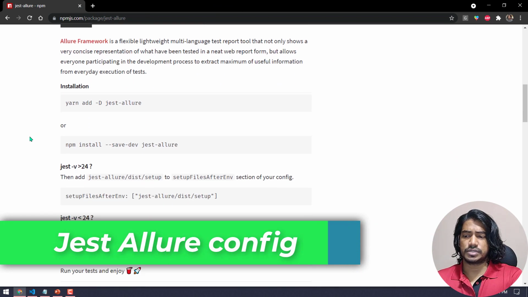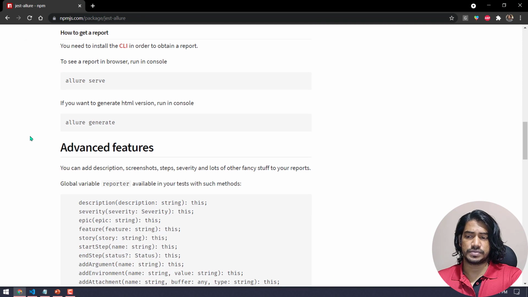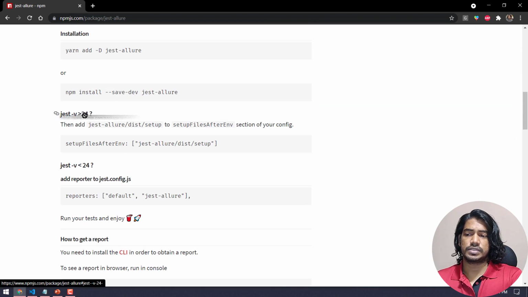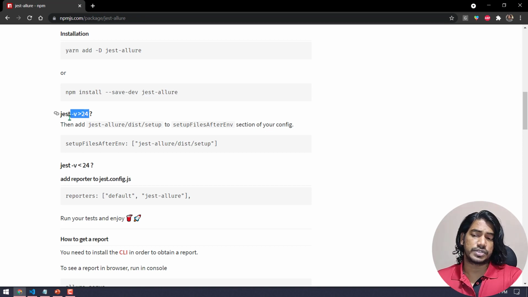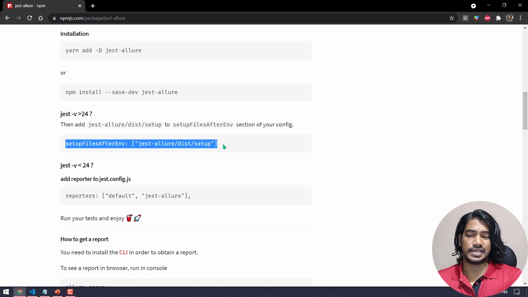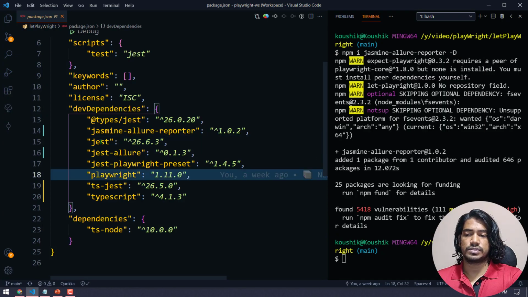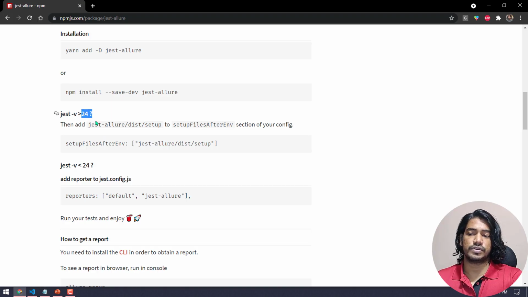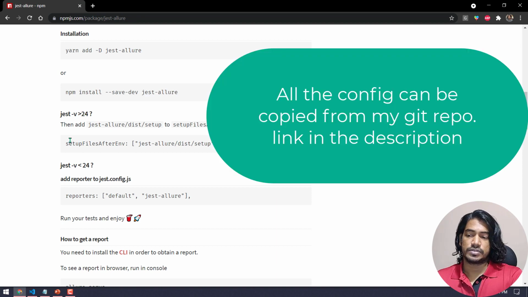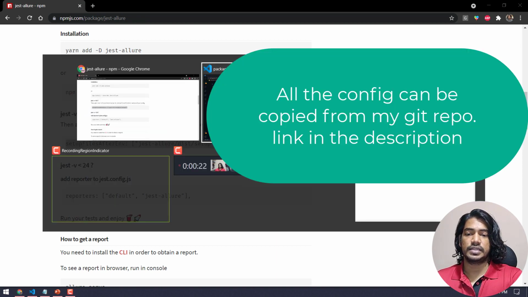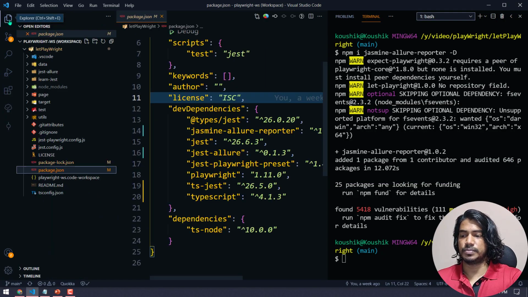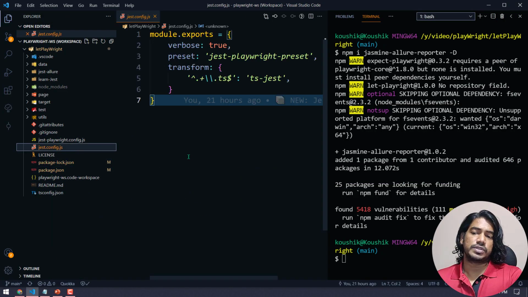There is not much code here. We just have to do some configuration. Okay, so first of all, if you see here, we are going to configure based on the version. The first one says if you are using a version greater than 24, we have to do something like this, or else we have to create something like this. Okay, so let's go to our package.json, and here you can see that we are using Jest 26, which is greater than 24. Then of course we have to do this, right? So I'm just going to copy this, and then let's go to our config file. That will be in the root of the folder. Make sure whenever I say config, that should always be at the root level.